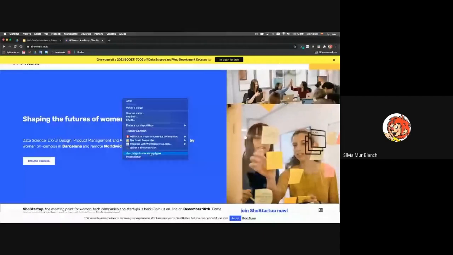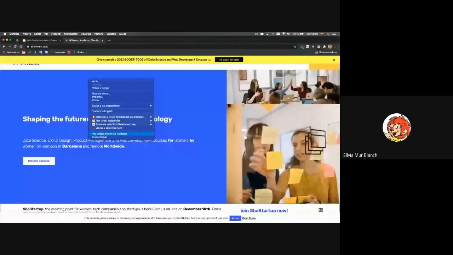You can right click and choose view page source, and this gives you the HTML for the page, which is so much. We're not going to do this in an hour and a half. There's a lot, but just to see